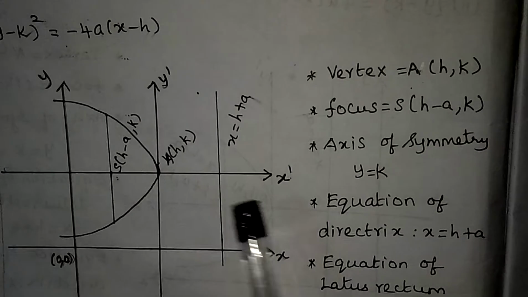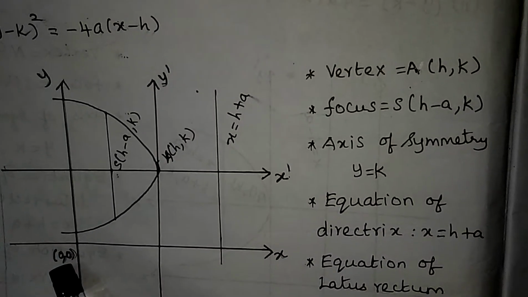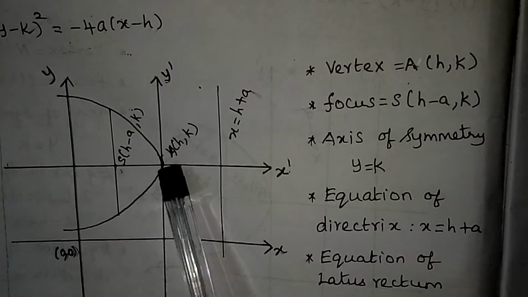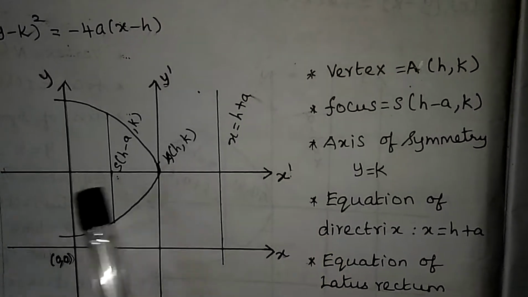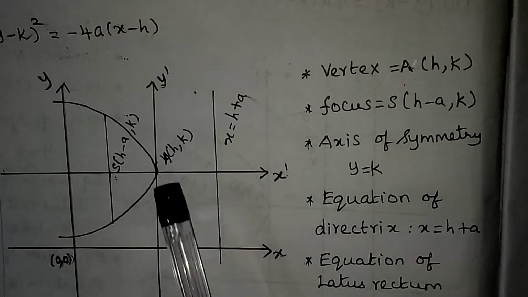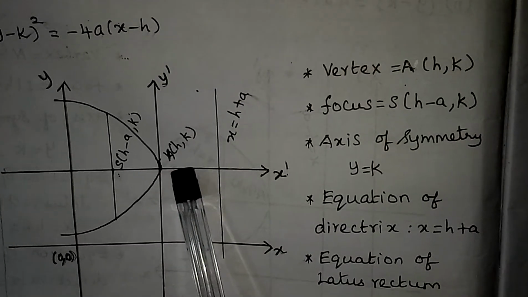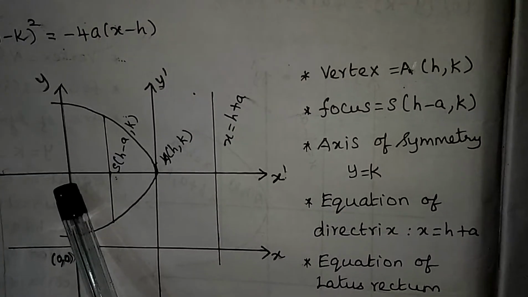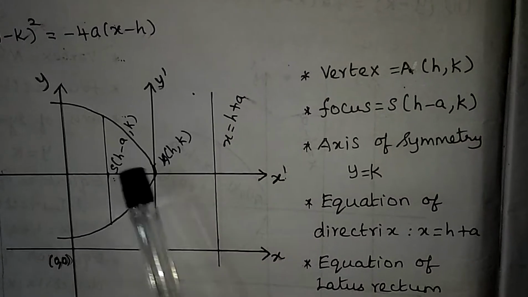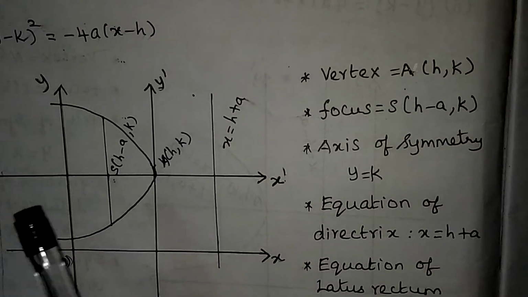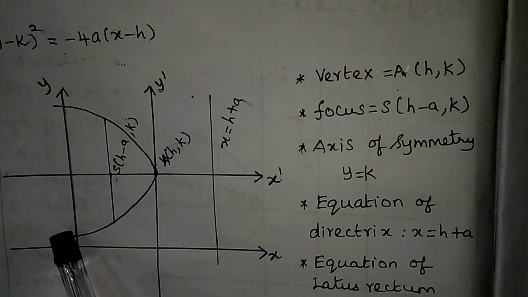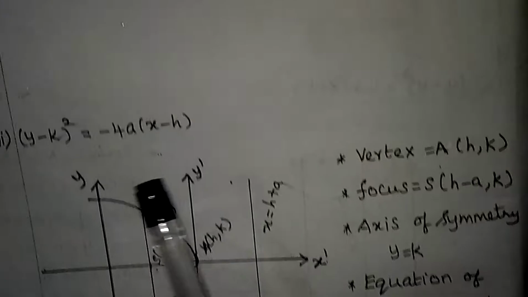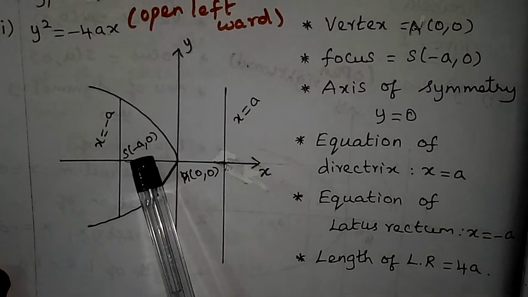So x-axis, y-axis, then you have to plot the origin. After that you take the vertex. I am taking the vertex in the first quadrant. So draw another axis here, X dash, Y dash. Now the vertex is this one. The parabola will pass through this vertex and it will be open leftward. These are approximate diagrams only. It should pass through the vertex and it should be open left side. That's all. So like this you have to draw the parabola. Now this focus is taken as h minus a comma k, because you see here we have minus a comma 0.